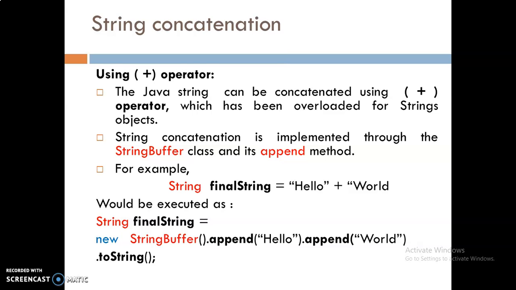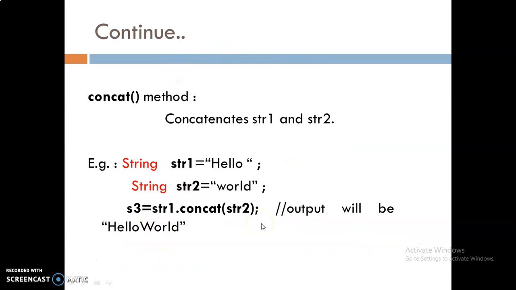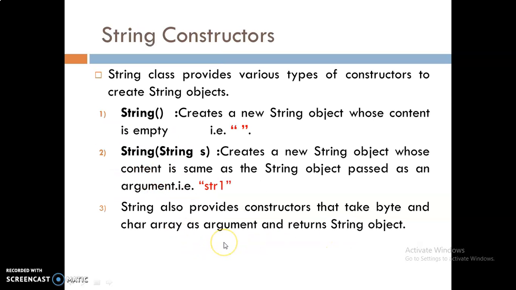String concatenation is all about adding. Concatenation means we are working with two strings. So we use the plus operator, which is the concatenation operator, or otherwise you can use the append function. The append function is a part of the StringBuffer class. You can use this plus operator from the string class, or you can use the append method from the StringBuffer class for string concatenation. Here there are two strings, hello and world, and by using the concat function of the string class, you can get the output hello world.